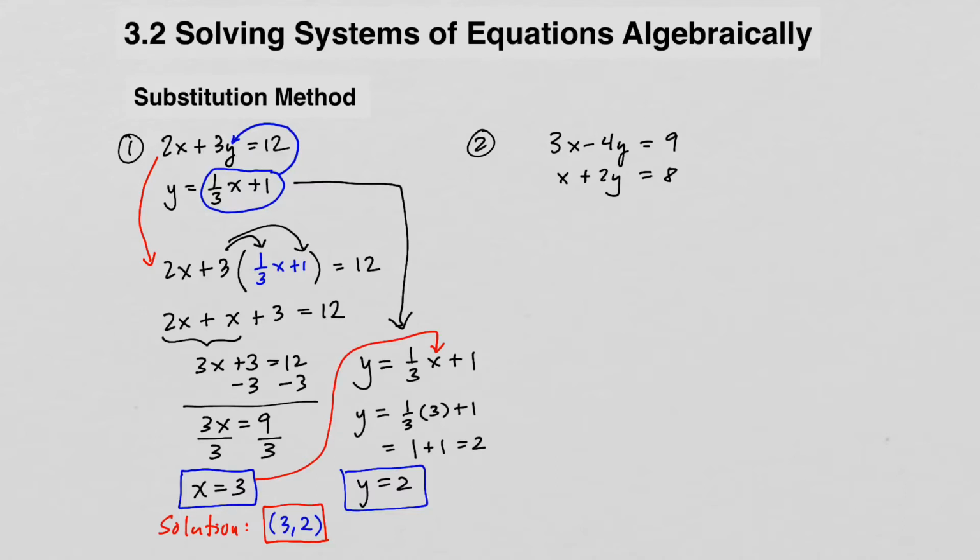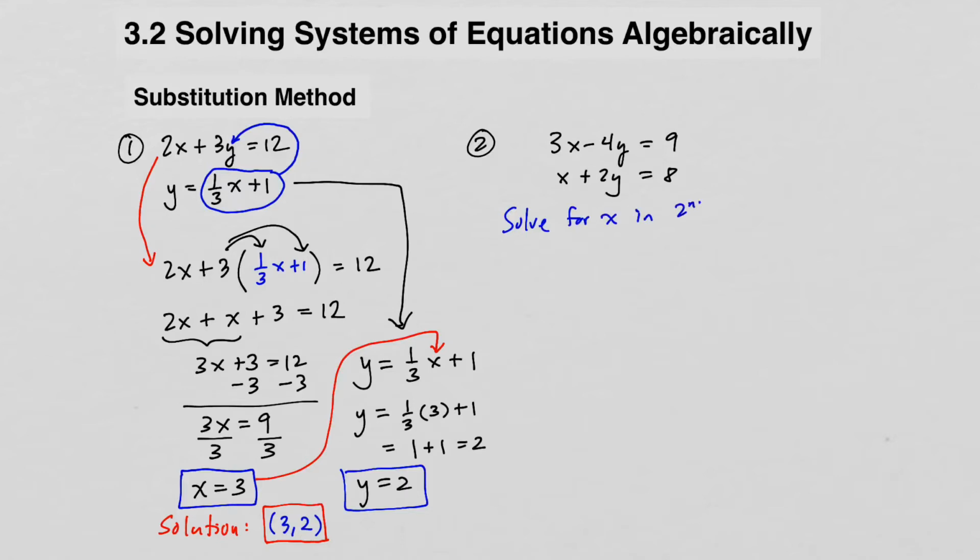The truth is, it doesn't matter which equation you choose to solve for which variable, but usually there is one variable that is easier to solve for than the others. So in this case, I hope you can see that in the second equation, it's pretty easy to solve for x because all we need to do is subtract 2y from both sides. So let's go ahead and solve for x